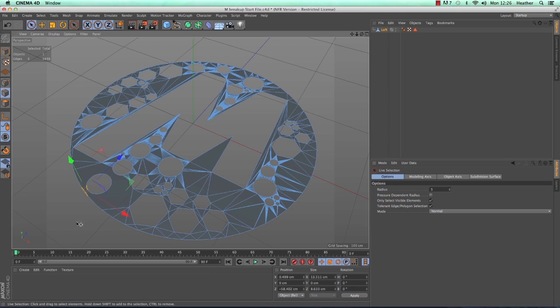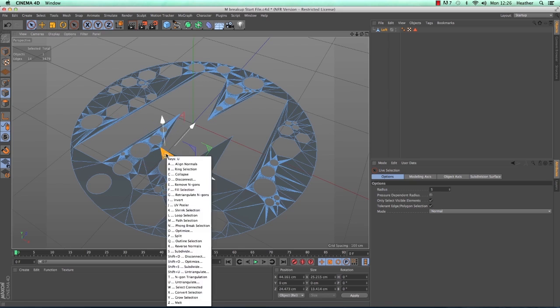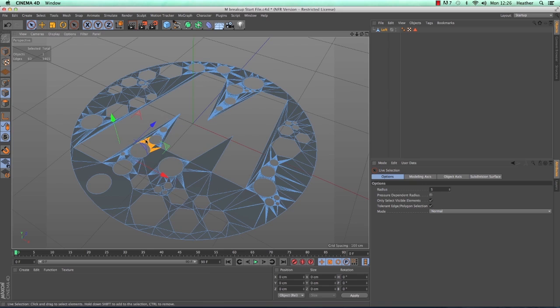If I left click on that, you can see it just melts those lines or subdivisions away. So you can keep going. The shortcut is U and then Z, so you can get through it a little bit quicker. Like that, and you can just keep going with it.